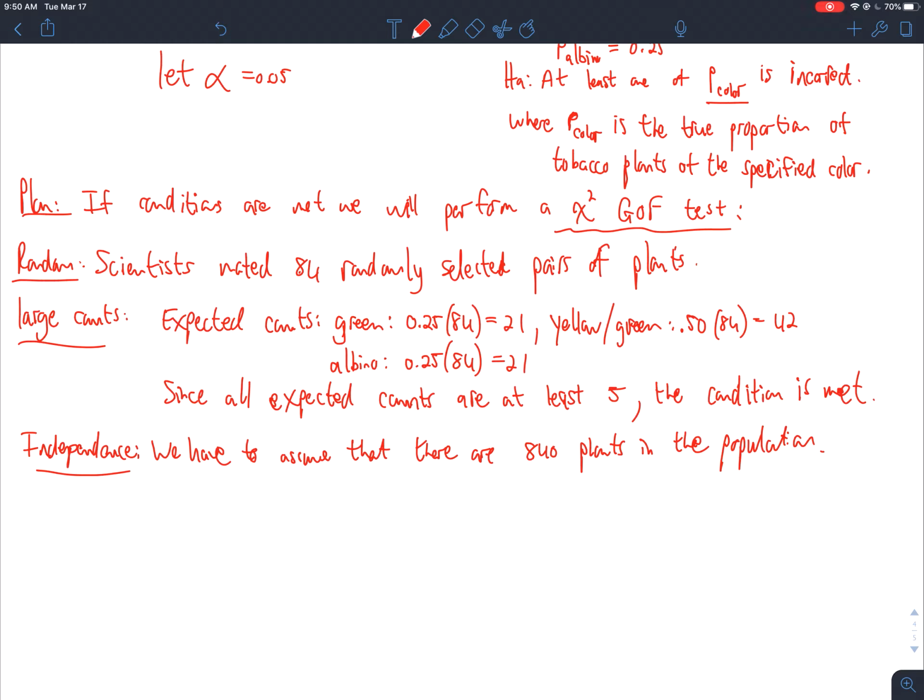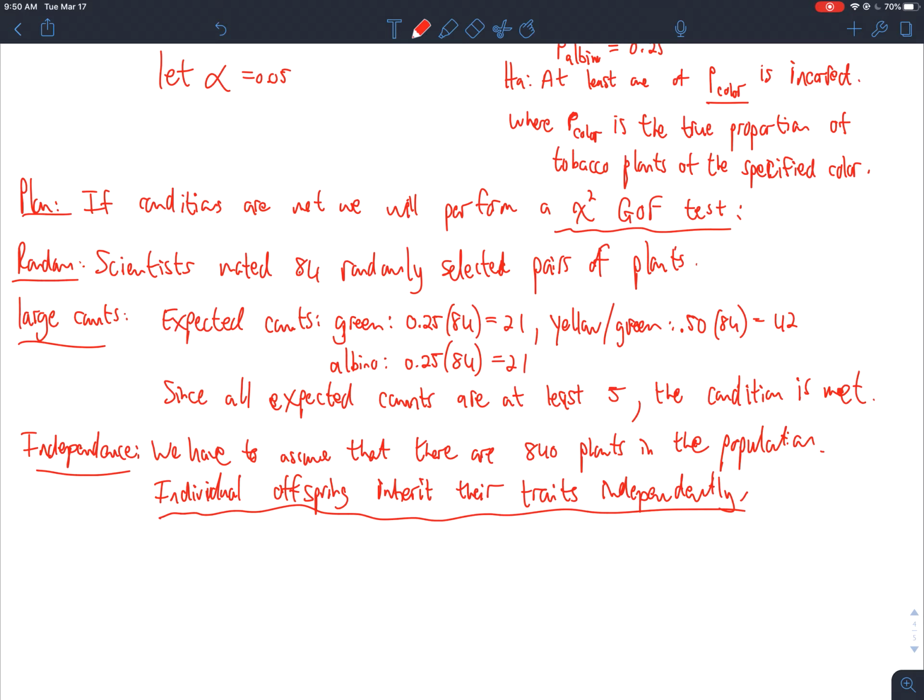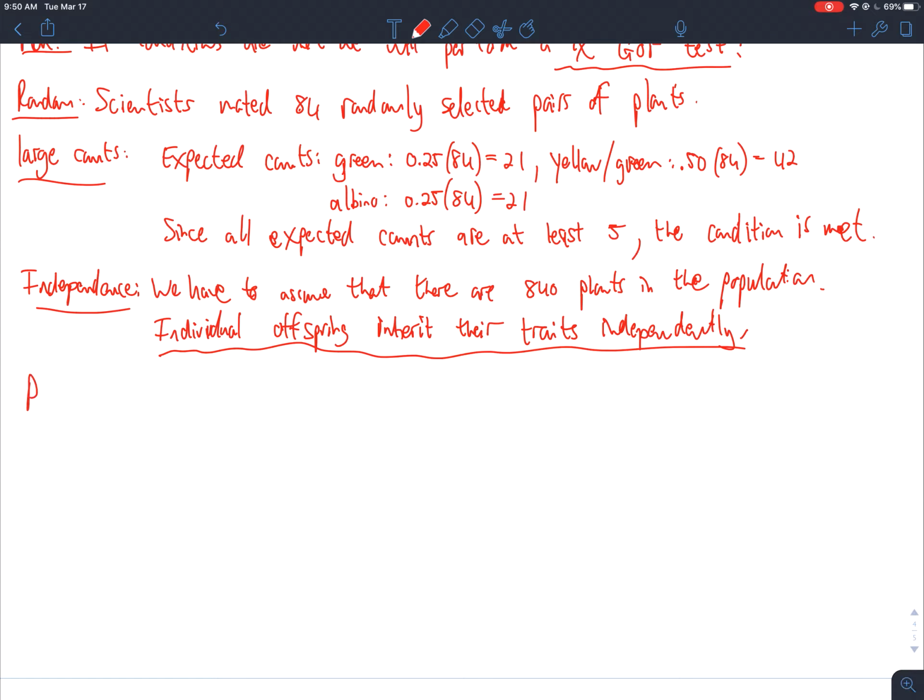And then we have to say something like individual offspring inherit their traits independently. Okay. This I just added. Okay, let's say that. All right, and then say do